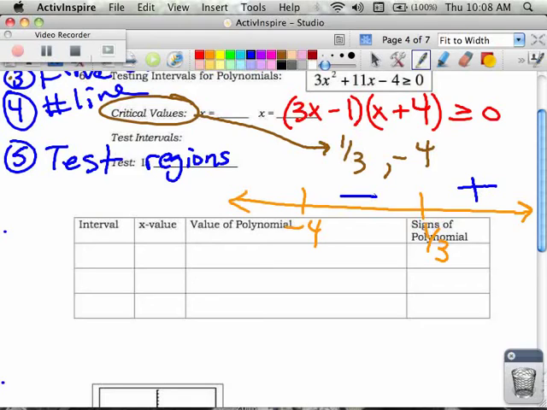Off to the left. A number to the left of -4, something really, really hugely negative, like -10. 3 times,